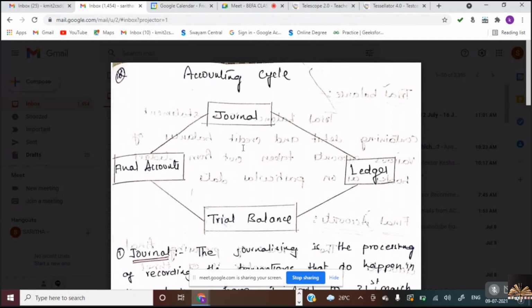These journal entries are done based on the rules to pass the journal entries, that I will give in detail with examples, like payment of salary, purchase of furniture, payment of rent, or issuing a check to Mr. X and Y company. All these are treated as personal account, real account, and nominal account. The rules to pass the journal entries would be based on that. If you memorize the rules, you can easily pass the journal entries. This is the first one.